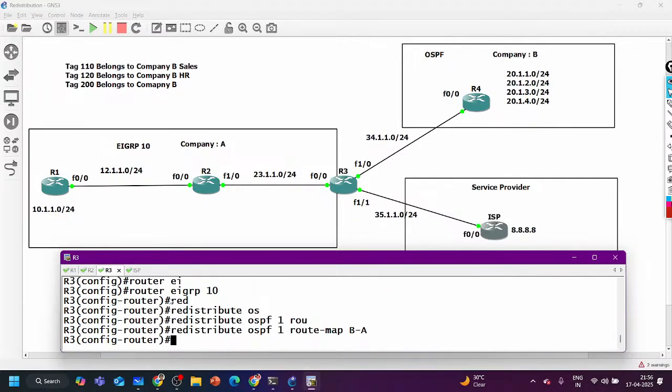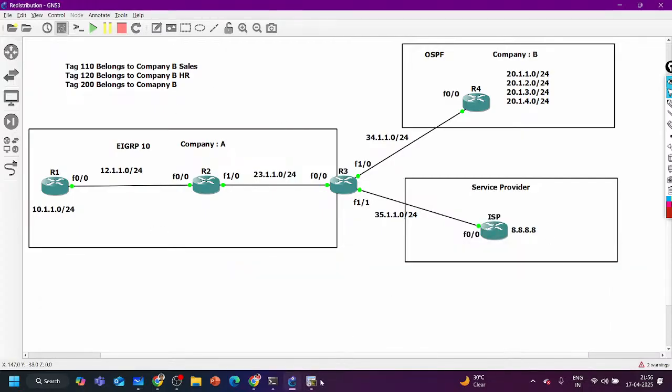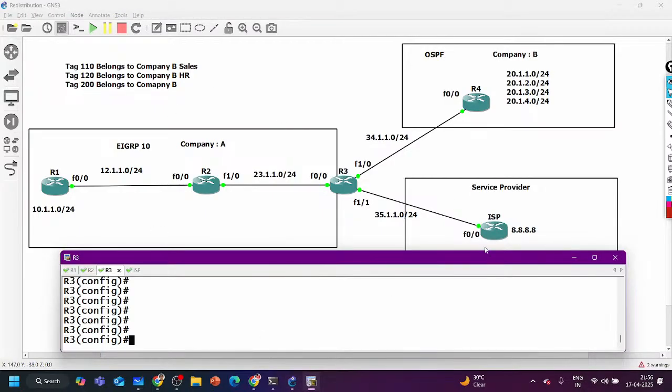Go to router number 3 and let me configure one default route, because now I cannot ping 8.8.8.8, and millions of sites are connected to the internet. So we cannot configure the route or any routing protocol here to exchange prefixes. We will configure one default route, IP route 0.0.0.0 0.0.0.0. You know this, we have already seen the default route in static route. So exit interface F1/0 and next hop IP address 35.1.1.2.